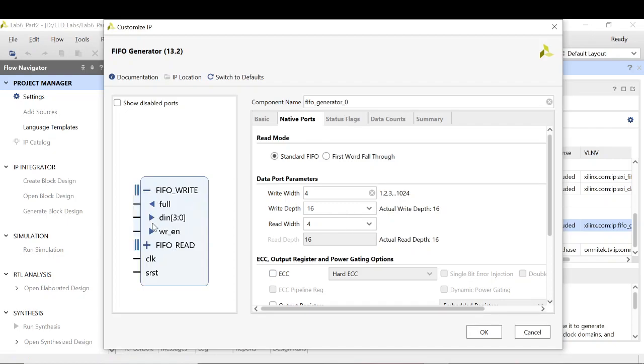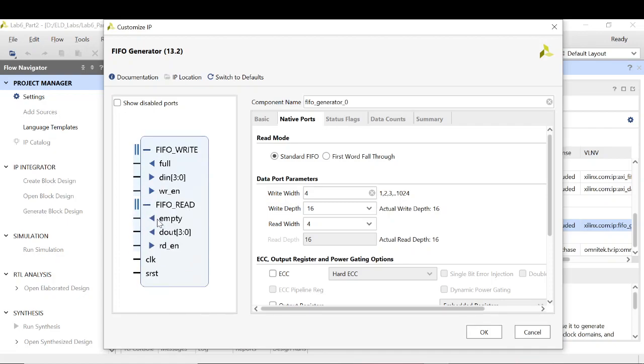Right now, what signals do I have for the FIFO write? Whenever I write into the FIFO, I need to check this signal, the full signal. If the full signal is high, that means my FIFO is completely full. So whatever is written onto the FIFO will not go in. The content which is already there in the FIFO will not be disturbed, but there is no more scope of adding more content on the FIFO. So this full signal indicates it, right?